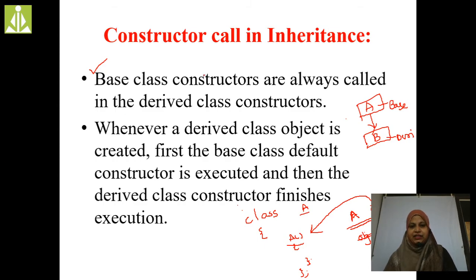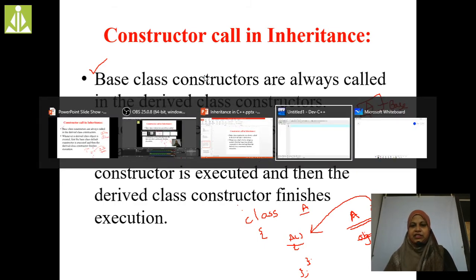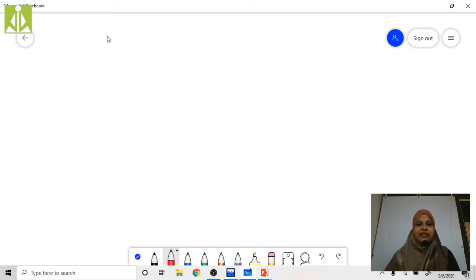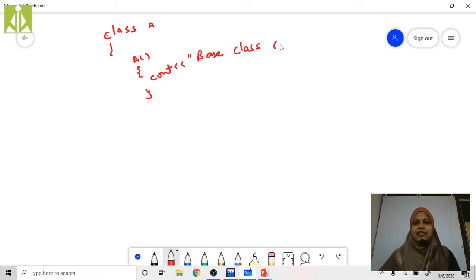See here, for example, class A is there. In this class A, I am writing one constructor, cout base class constructor, and closing the braces of this class.